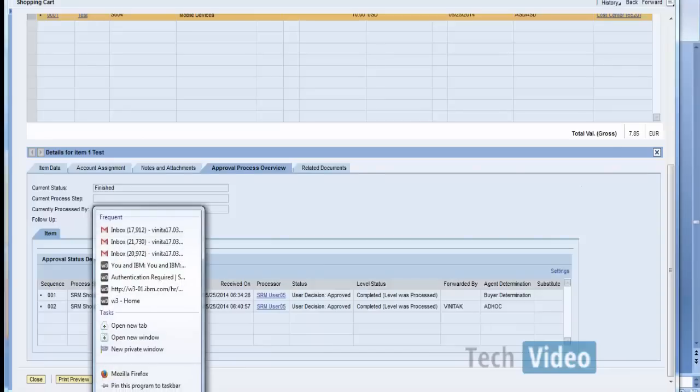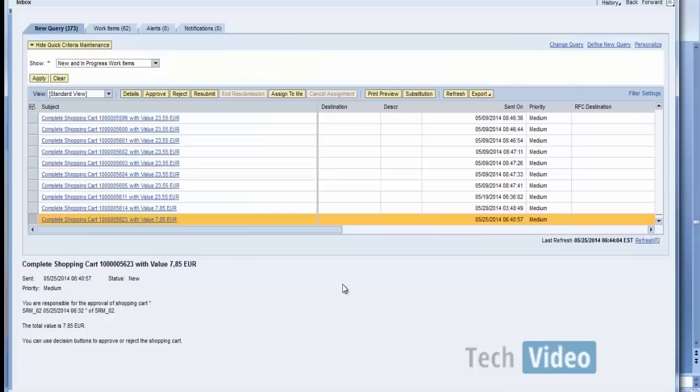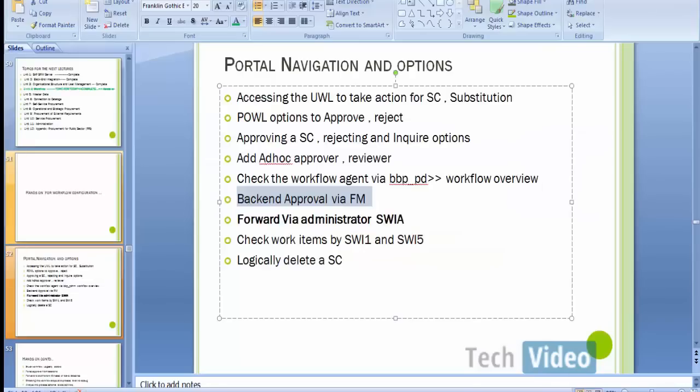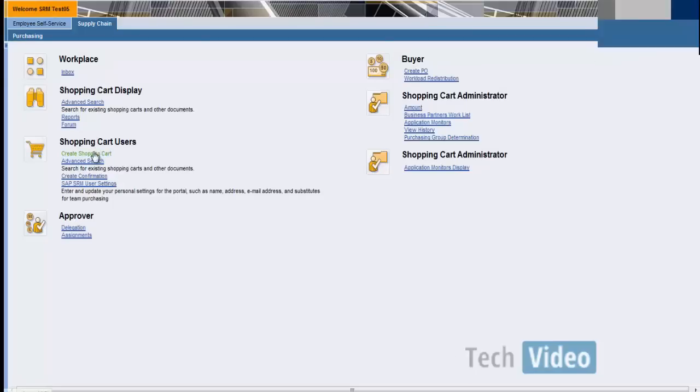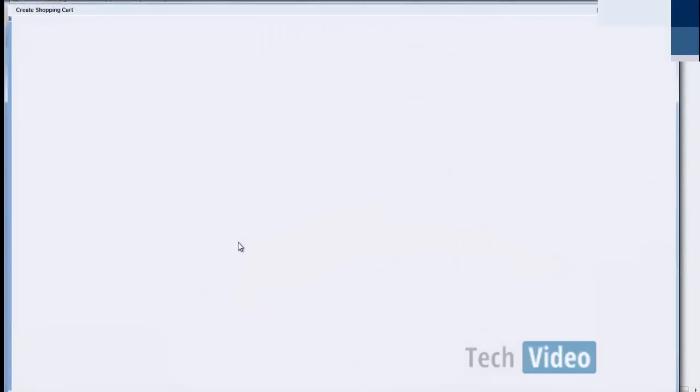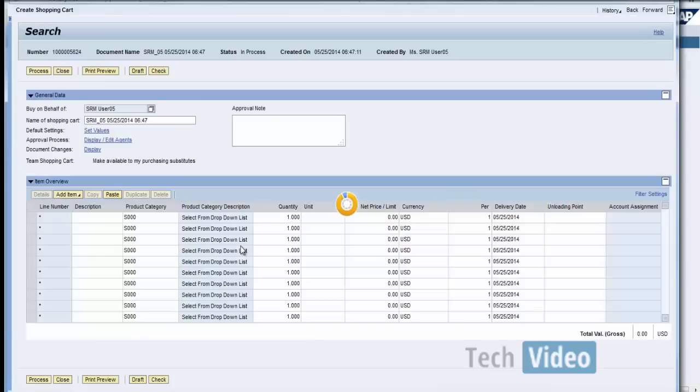Let me create another shopping cart now with the same user. So I click on create shopping cart. And I click on add item, and then the options to choose an old shopping cart.